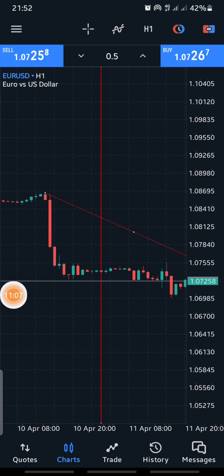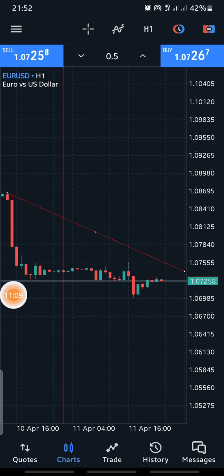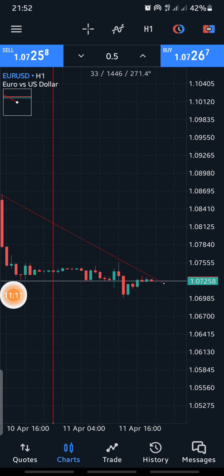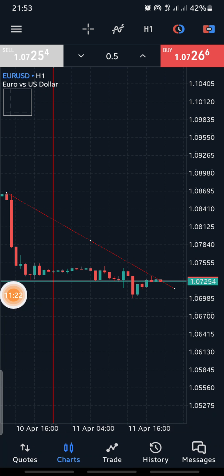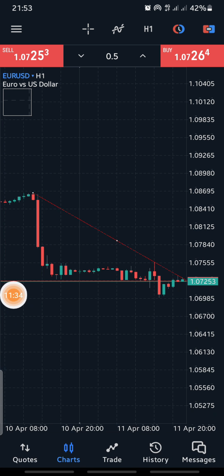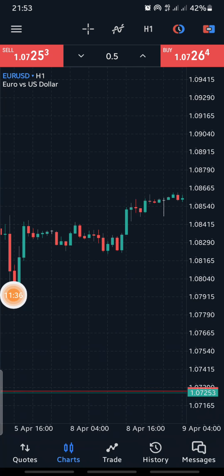So that's how they trace a trend line. For you to trace a trend line, you need to link the highs or the lows, the troughs and the peaks, the highs and the lows of the candles, the swing highs and swing lows. So if you are drawing a downtrend line, you need to link the highs, and if you are tracing an upward trend line, then you need to link